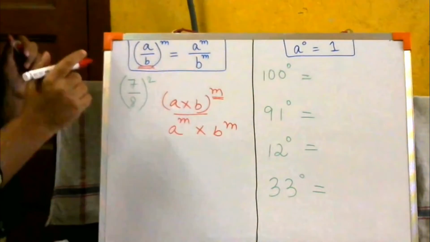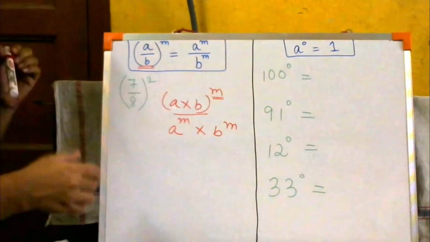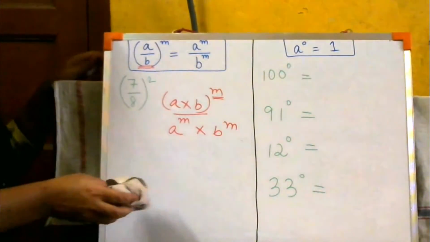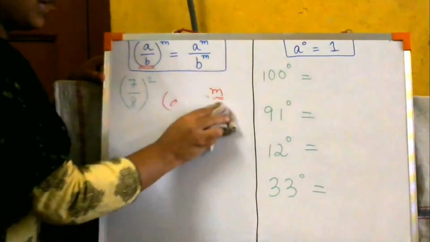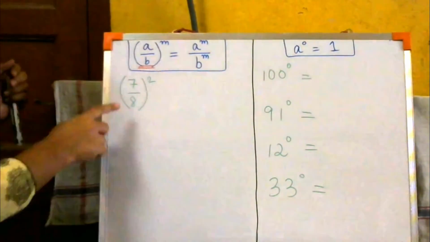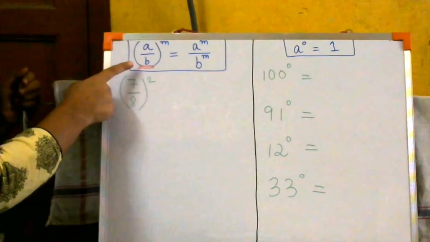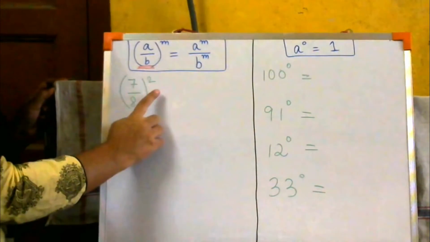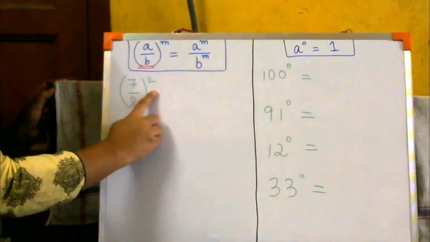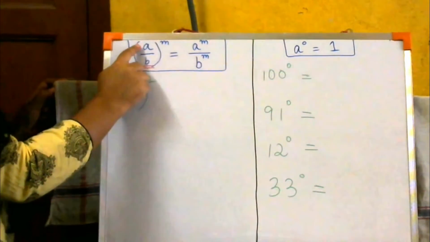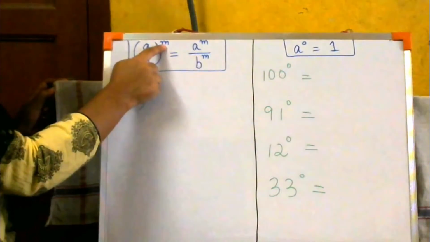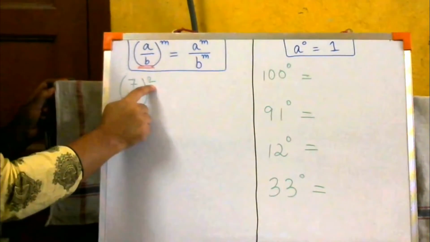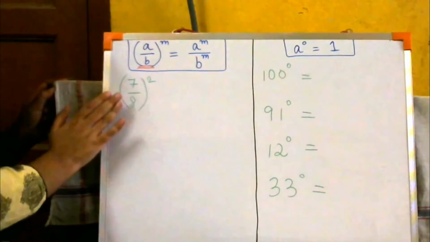ठीक है, क्लियर? आई गेस यू पीपल आर अंडरस्टैंडिंग नाउ द डिफरेंस बिटवीन द फॉर्मूलाज एंड द सिमिलैरिटीज बिटवीन द फॉर्मूलाज आल्सो. So let us solve this sum. 7 by 8 to the power 2. Okay, so 7 by 8 is inside the bracket and 2 is outside the bracket. This is the power, 2 is the power. See, 7 by 8 to the power 2, a by b to the power m. I guess you people are now relating these two things.